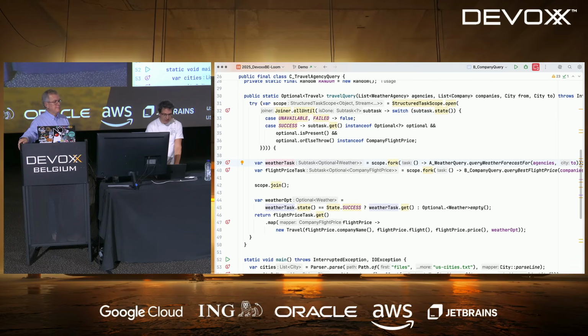I know that this is a subtask of optional weather or a subtask of optional company flight, which means that when I get the subtask here, I can ask for the result of a precise subtask, which means that they are typed correctly, which means that when I ask here if it succeeded, give me the value will be an optional of weather.